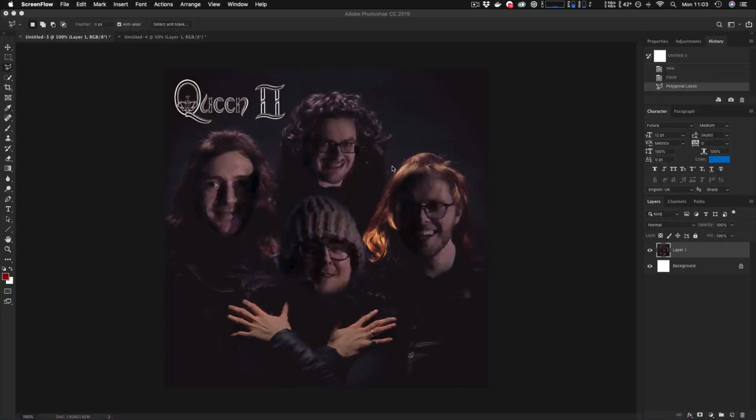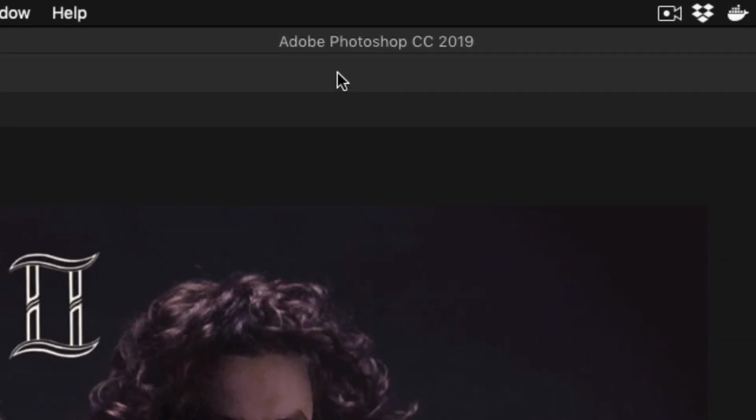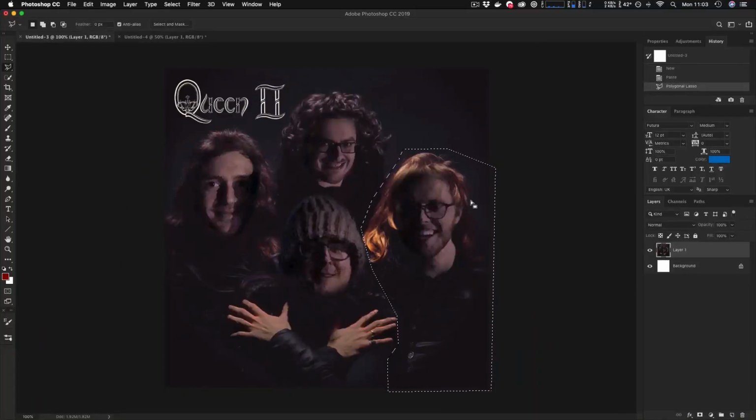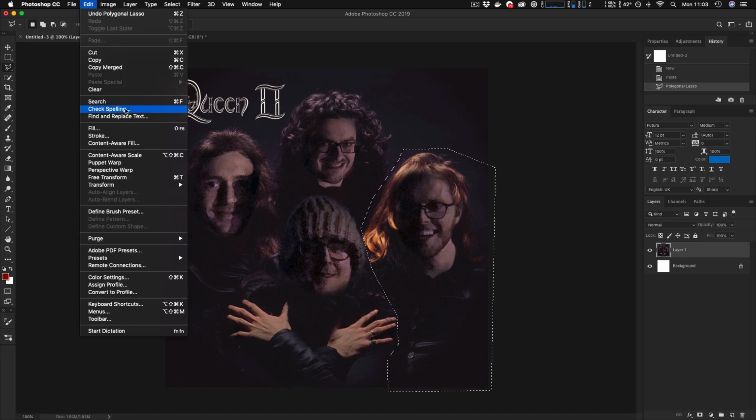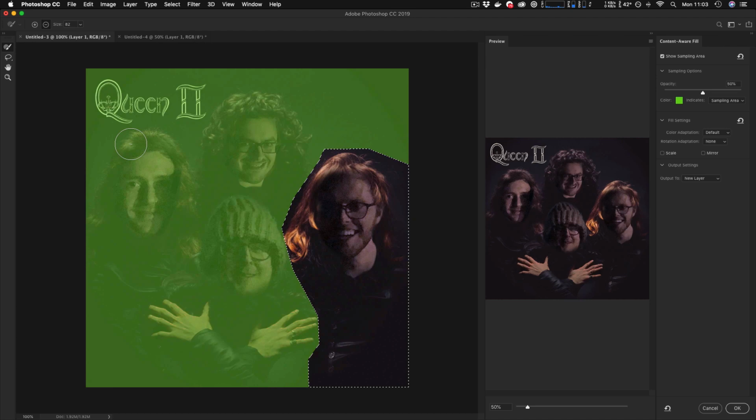Okay lads, just a super quick video to show you how the content aware fill works in the newest Photoshop, that's the CC 2019. So I've got the picture of us here, I've selected the area that Brandy's in. Unfortunately Brandy, you're going to go. So what you do is you go to Edit, Content Aware Fill, and it shows you over here what it's